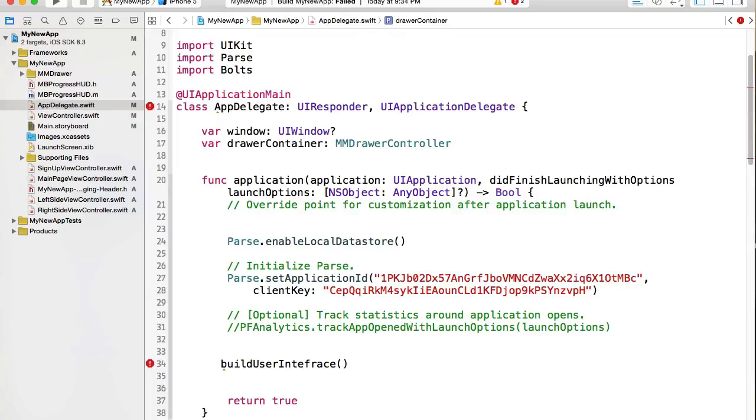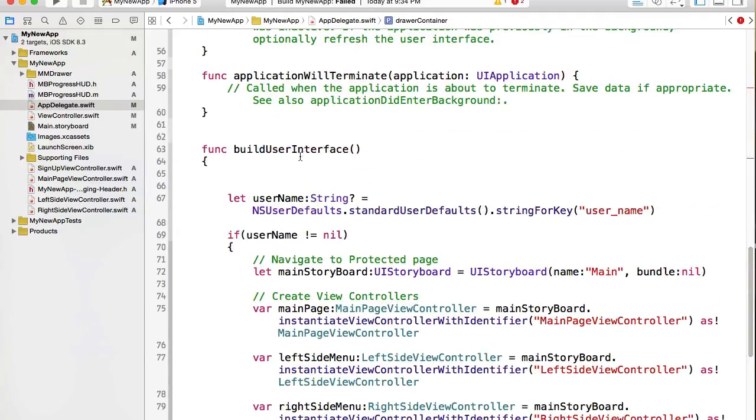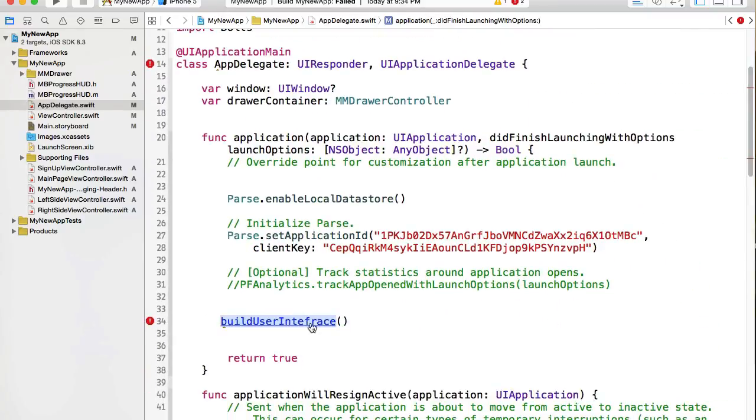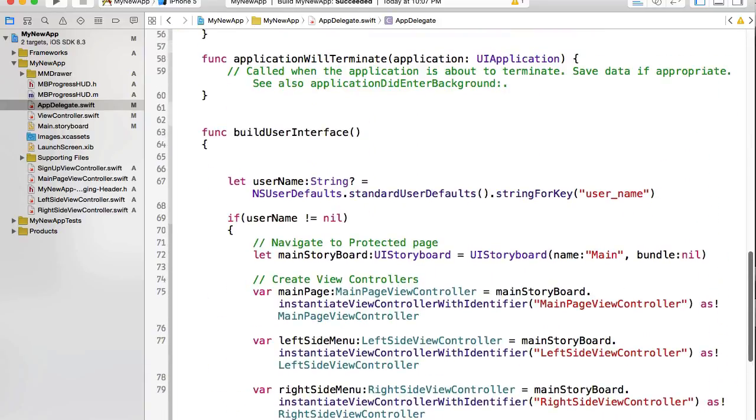Okay, well, it's complaining about a build user interface. Let's just copy this name. Maybe I made a typo. Build user interface function, and it's called build user interface. Okay, now everything is okay, and we have drawer, which is drawer. And why is it complaining here? Class App Delegate has no initializers. Build. Okay, now if everything is okay, so we have declared our drawer container, and now we will scroll back to